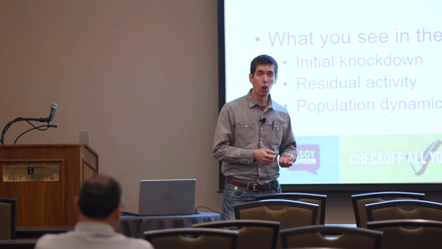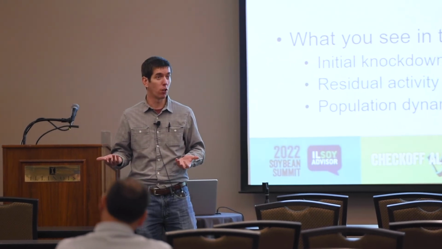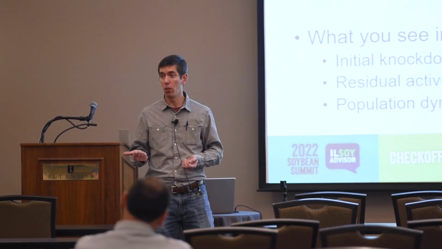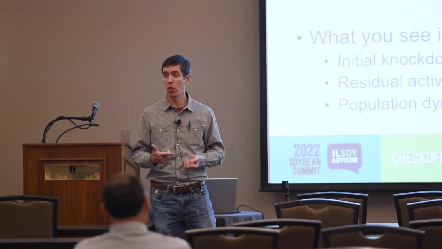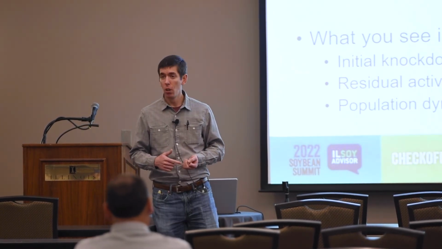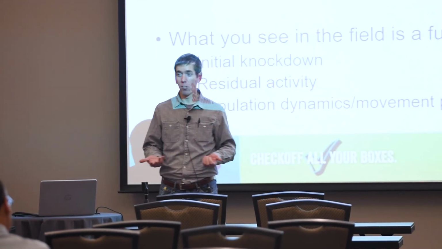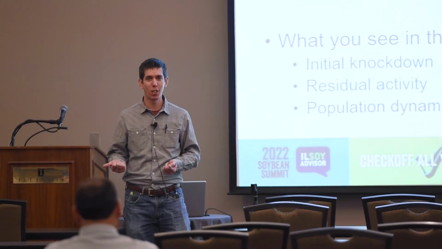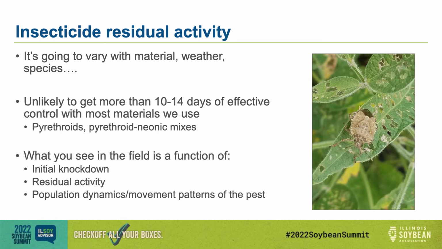Same even for R5. When we look around East Central Illinois, I would say most of the damaging infestations we have tend to be later, and we're talking about pod-feeding bean leaf beetles and stink bugs for the most part. And that's why, when we talk about prophylactic foliar insecticides, and we're not real keen on doing that, this is a big part of that equation as well: how long are we